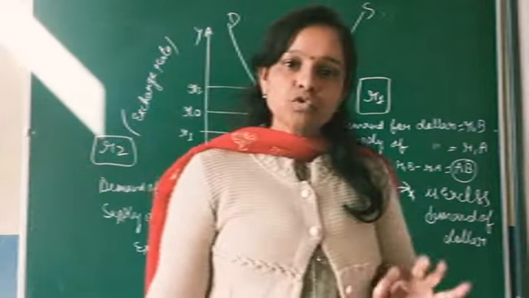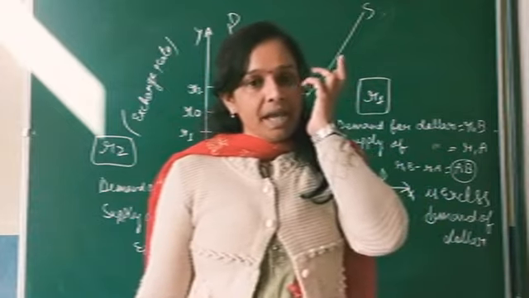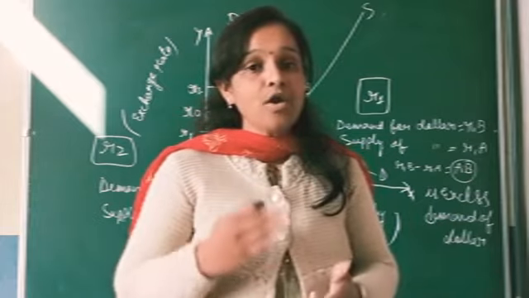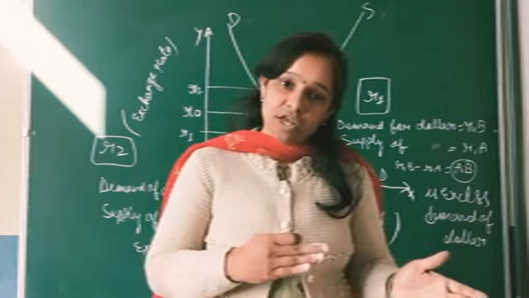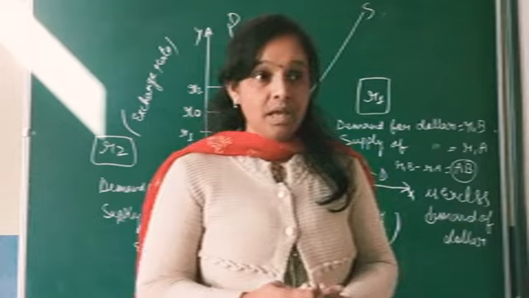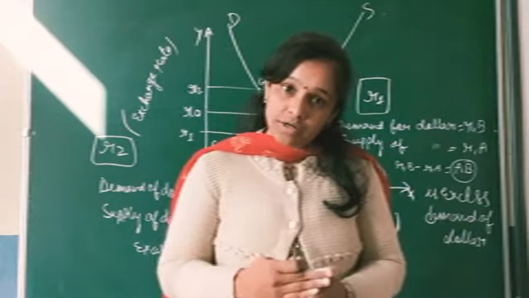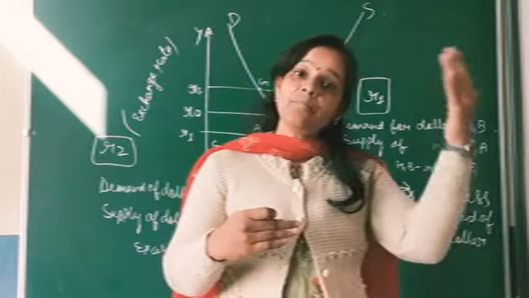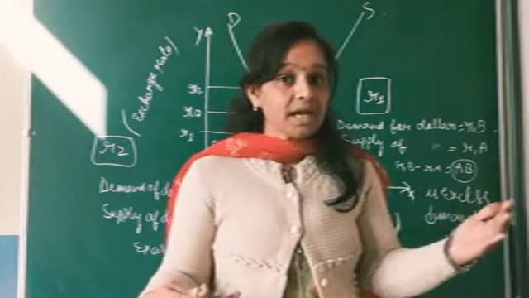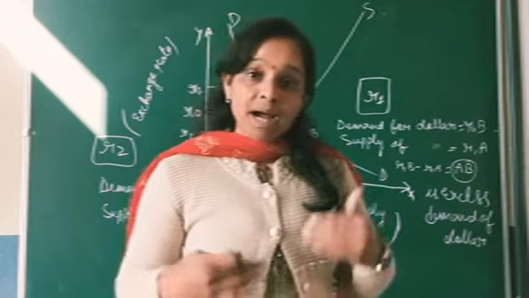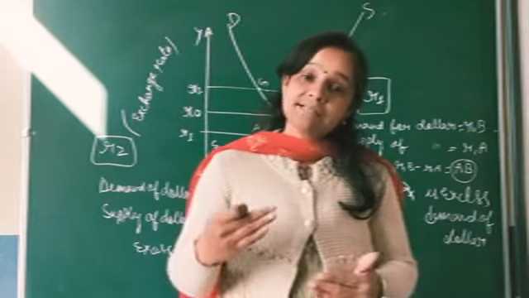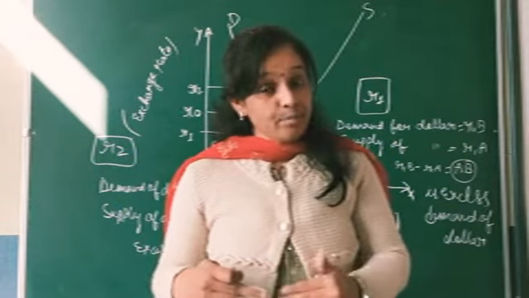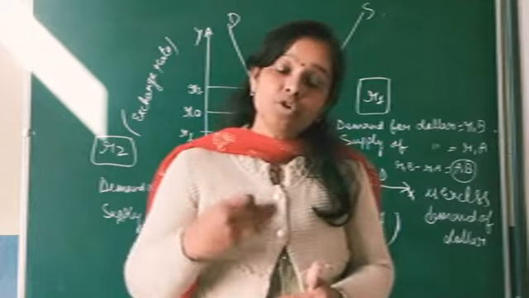So what conclusion do we come to know? That we determine the equilibrium exchange rate at a point where demand for and supply of dollar or foreign exchange are equal to each other. If demand for dollar is greater than supply of dollar, then the value of dollar will appreciate and the value of domestic currency will depreciate. But if demand for dollar is less than the supply of dollar, then the value of dollar will depreciate as compared to the value of domestic currency.